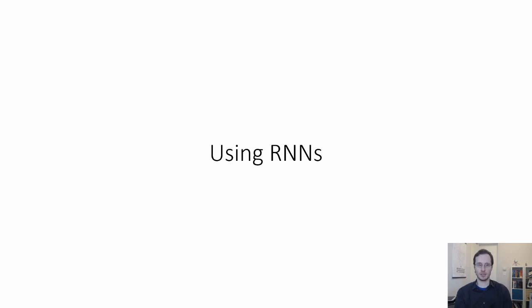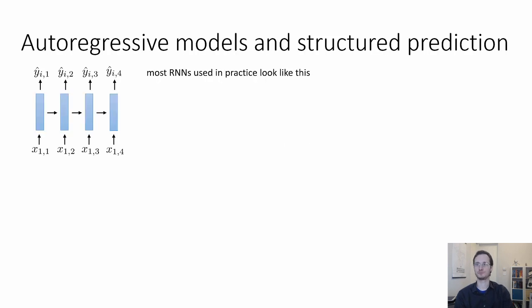All right, in the last part of today's lecture, we're going to put to use some of the things we learned in parts 1 and 2 and actually talk about how we can use RNNs to build practical models for solving practical problems. The first thing that we're going to talk about, which is actually pretty important, is autoregressive models